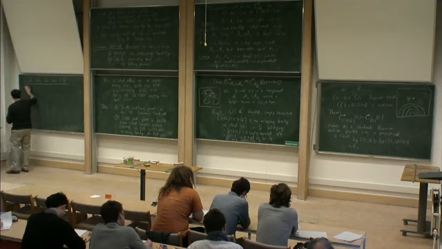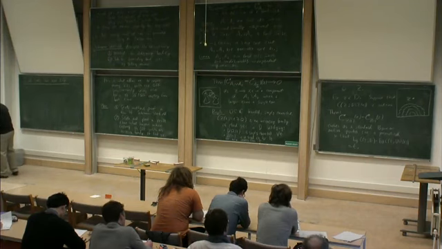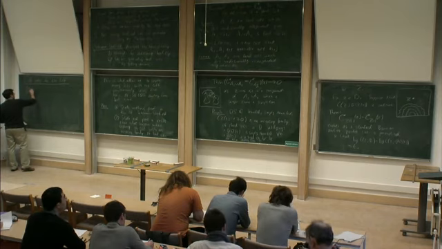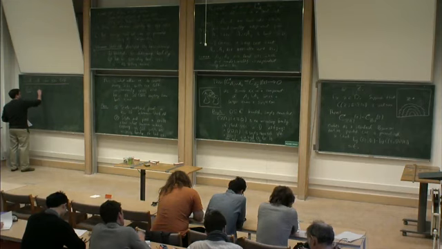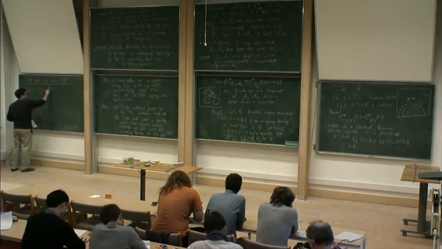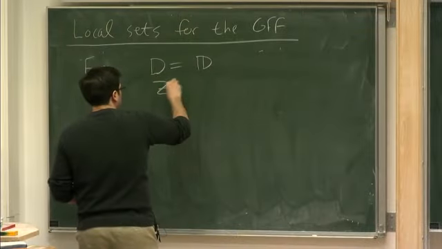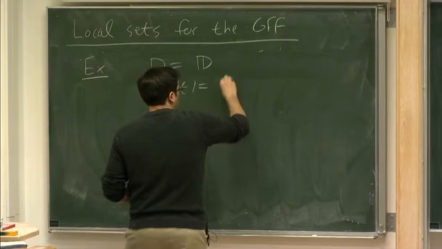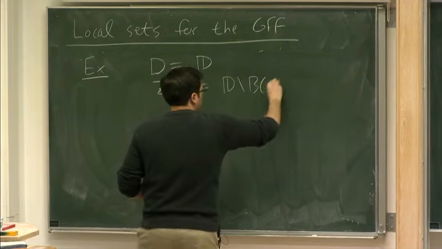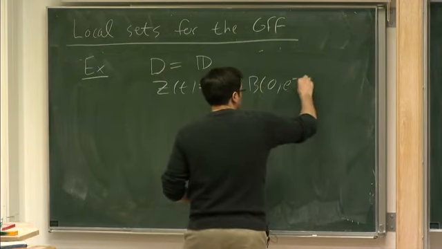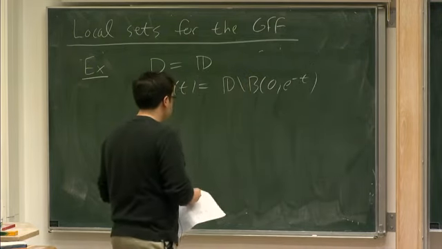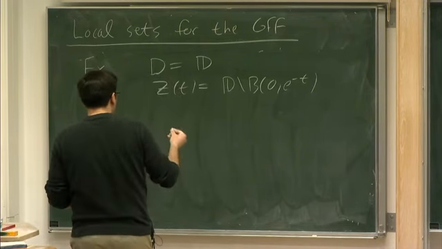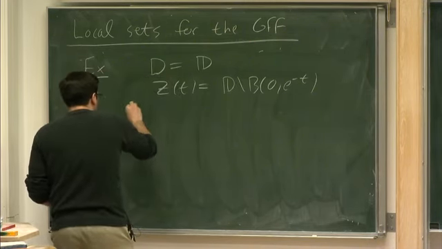So the example that we did of this earlier is just if you take your domain D, let's say it's just the unit disk, and you take your set Z sub t just to be the deterministic set, which is the complement of the ball of radius e to the minus t in the disk, then with this particular choice,